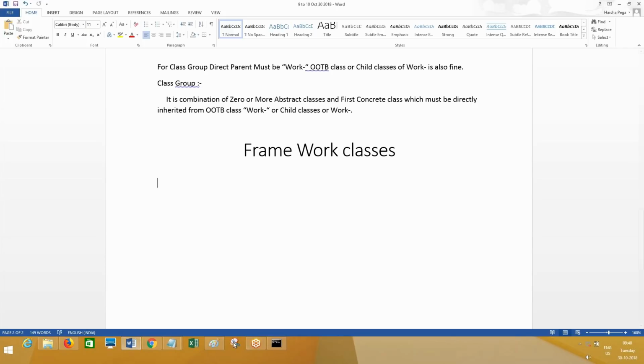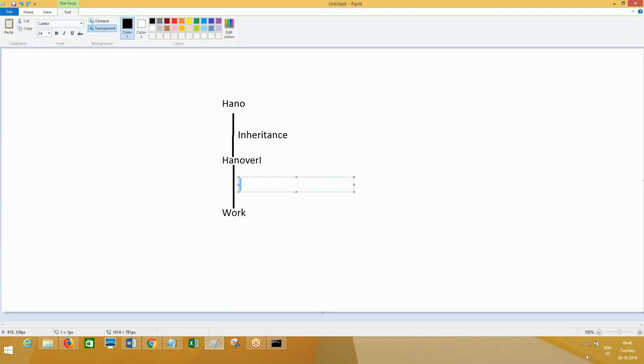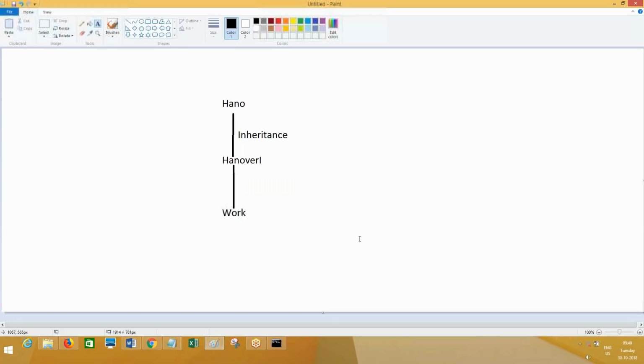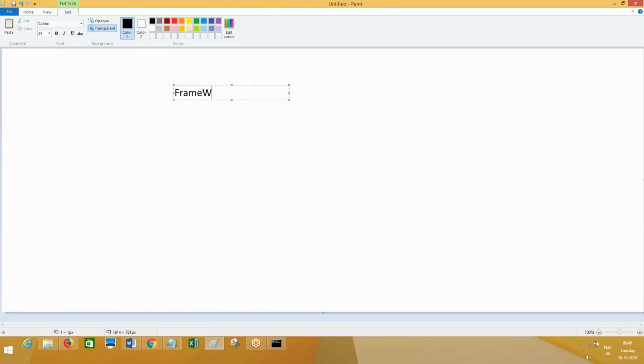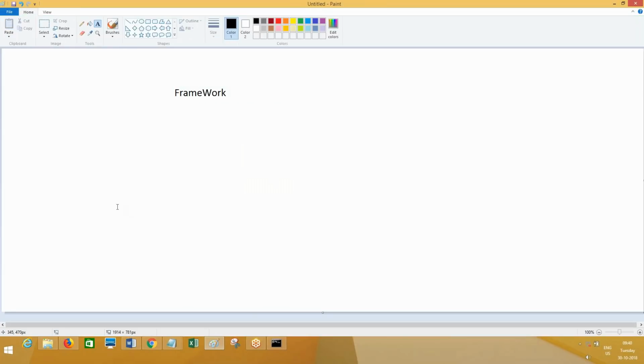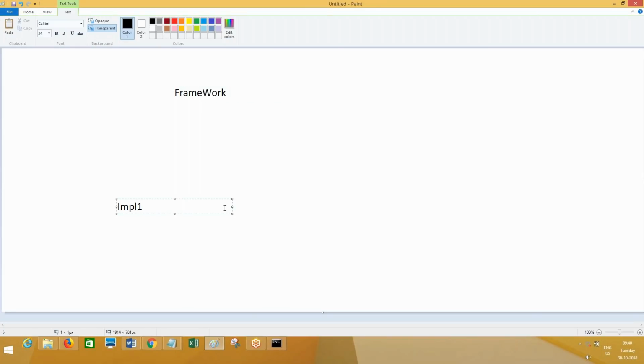So now look at the screen. This is the framework application and this is IMPL1 and IMPL2. So the functionalities of framework will be created in framework classes, right? Class 1. So here you have function 1, function 2. Simply to understand, function here means functionality.